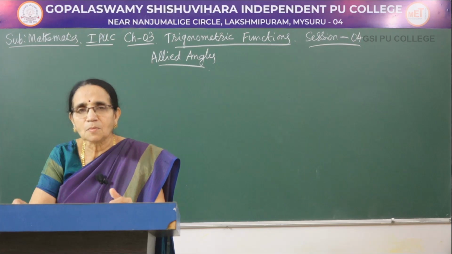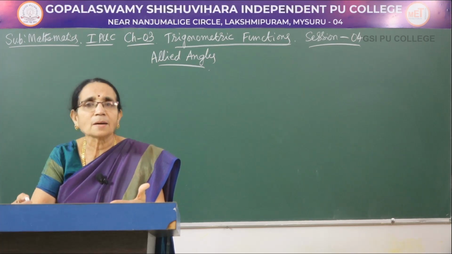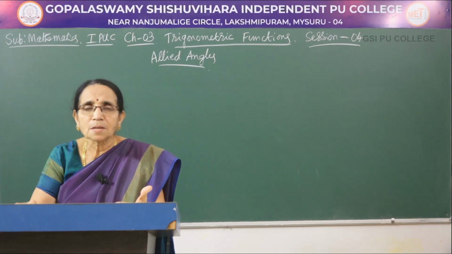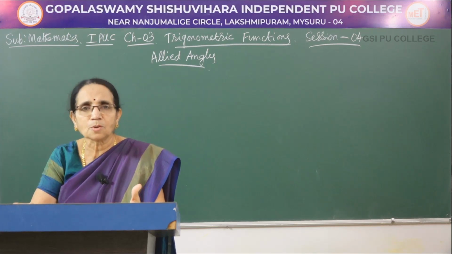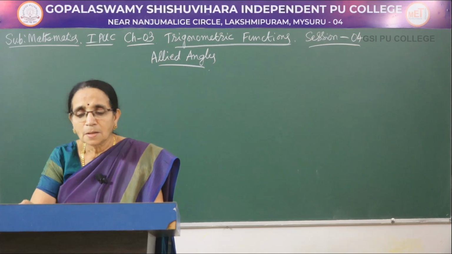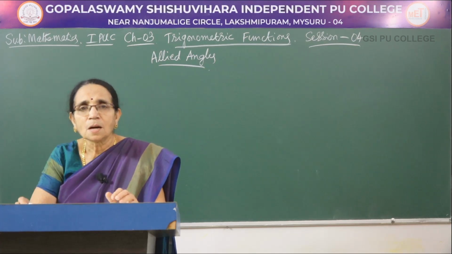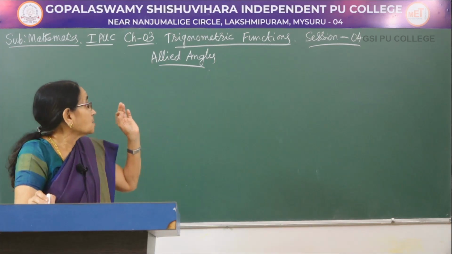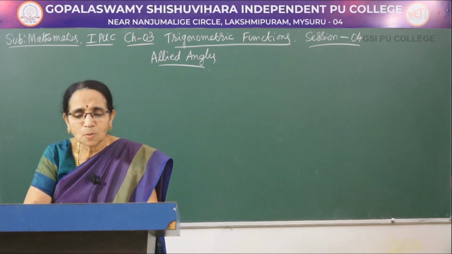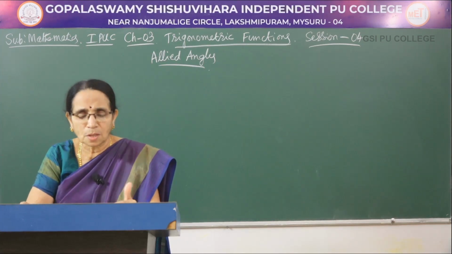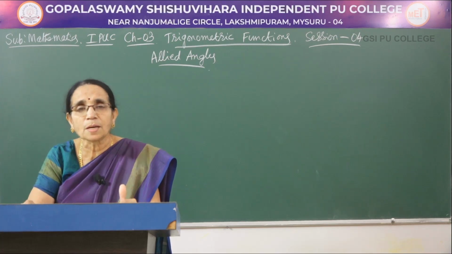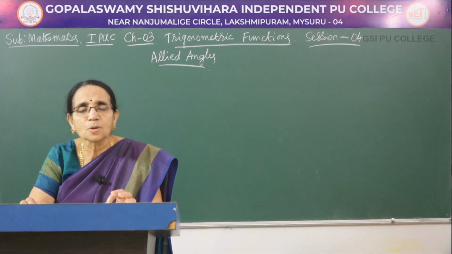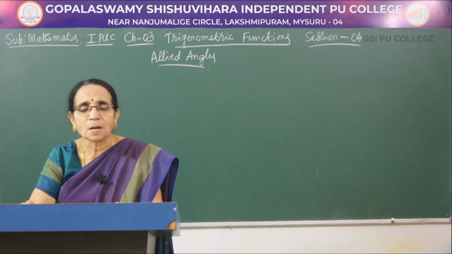So, using the standard values, I mean the trigonometric ratios of standard angles, we take 30 degree, 45 degree, 60 degrees, all those things we had discussed in the earlier session. Now, in today's session, I am going to teach you about an angle called an allied angle, and in this one some rules I am going to teach you. I am only mentioning the rules, I am not proving anything. Go through all these rules properly, these are very important.